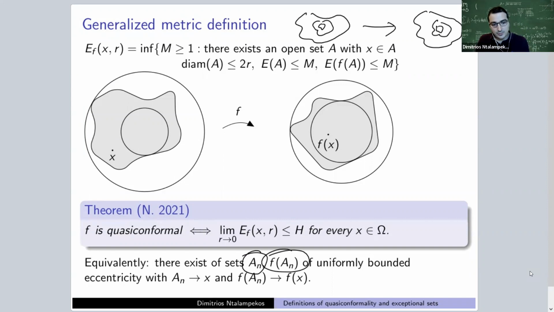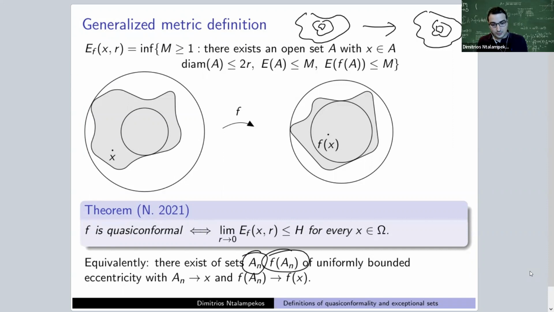Now, the proofs get significantly more complicated when you pass to further generality. I mean, the first definition was due to Gehring, then there was the one of Heinonen and Koskela, then we have this theorem. The basis of the argument is, I would say, classical. It's a discrete modulus argument, but the details get more complicated when you have to deal with arbitrary sets of bounded eccentricity rather than geometric balls. So I won't get into any more details.